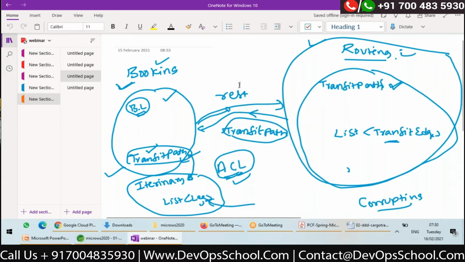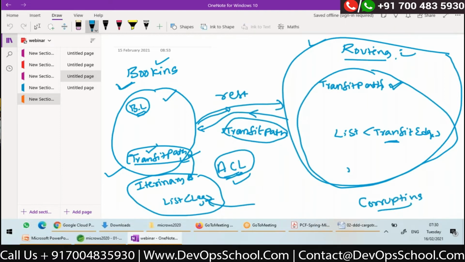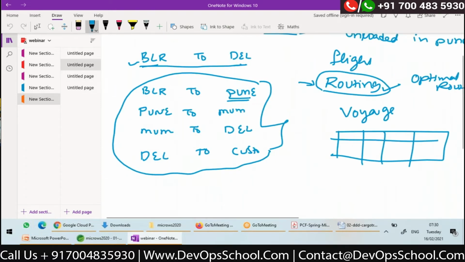So yesterday we were discussing in routing module, it manages routes, is it? So in routing module, according to that business language, we use transit path and transit edge. So yesterday I was discussing, suppose if I want a cargo from Bangalore to Delhi, this is the itinerary. It will go from Bangalore to Pune first, Pune to Mumbai, Mumbai to Delhi, Delhi to customer, right?